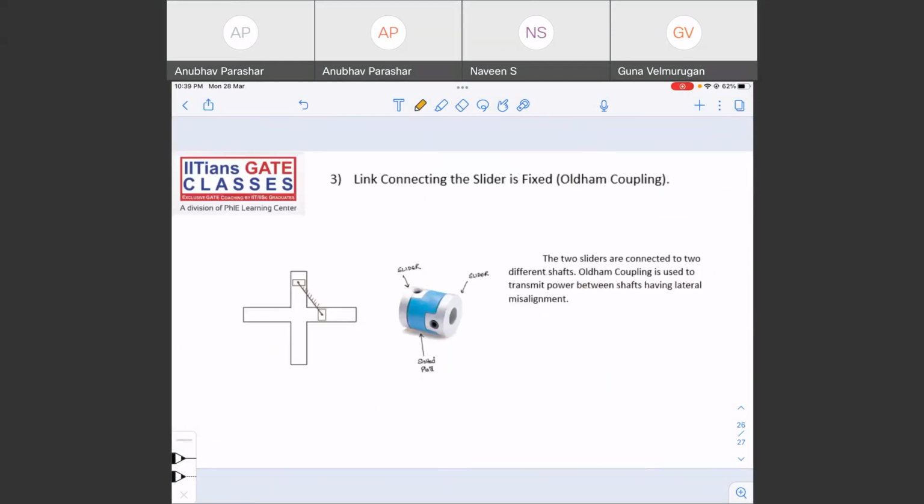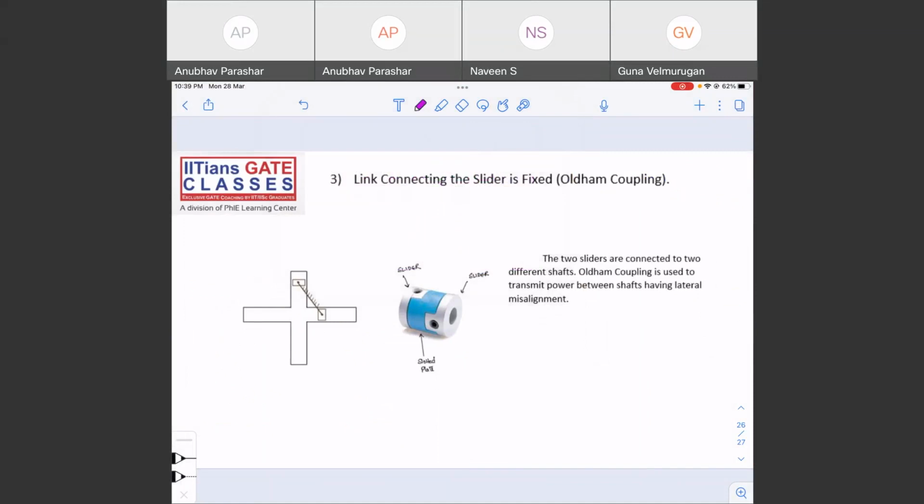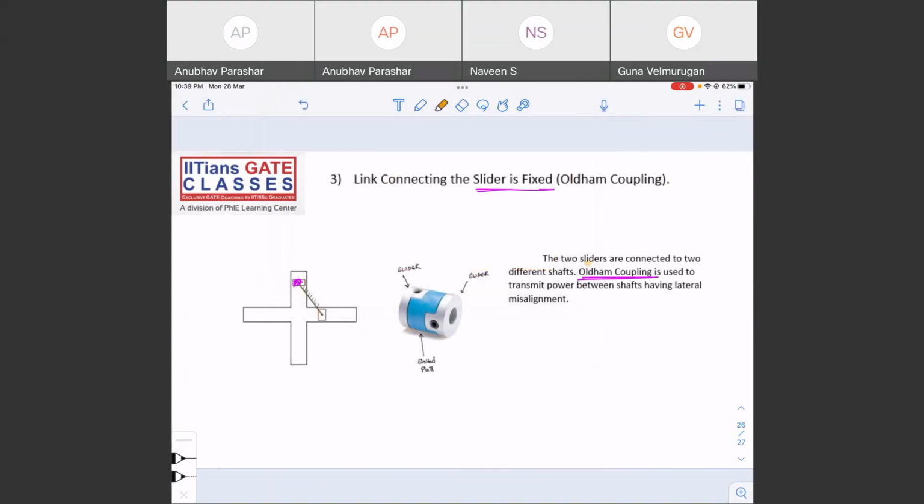So the last slide for today's class is what happens if you fix one of the sliders. If you fix one of the sliders, what we get is an Oldham coupling. I could have shown videos for it because generally I show it in the GATE class, but we will not have enough time for that. So in Oldham's coupling, okay, if you take Oldham coupling,